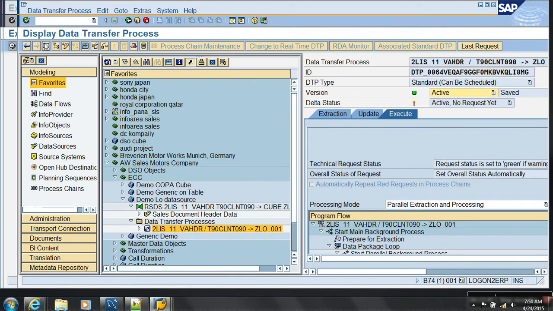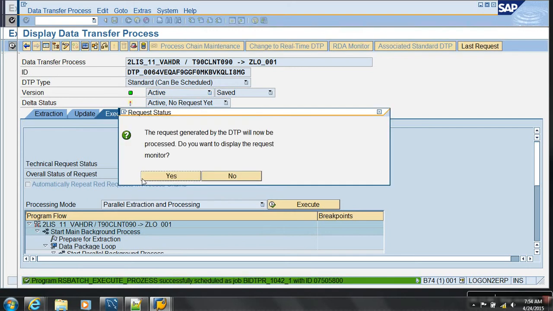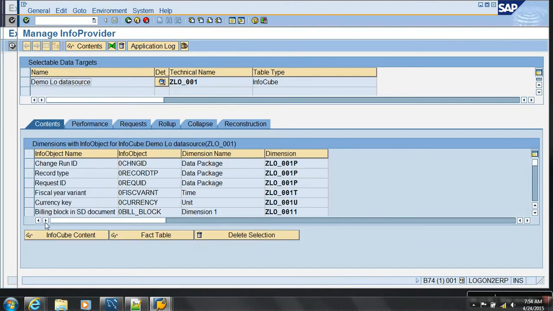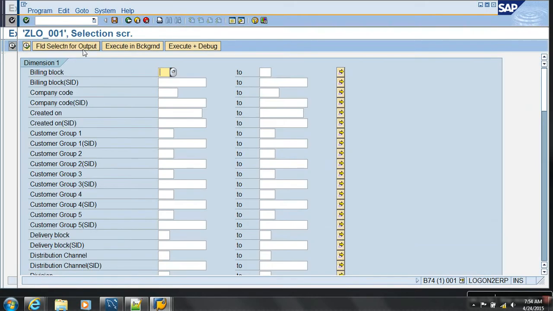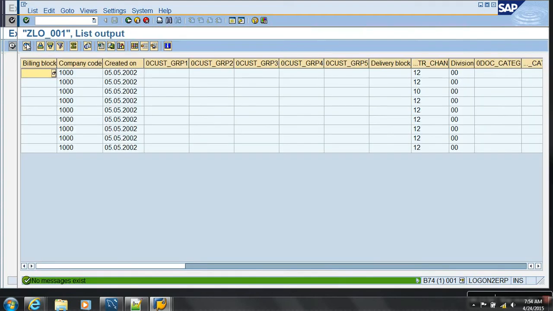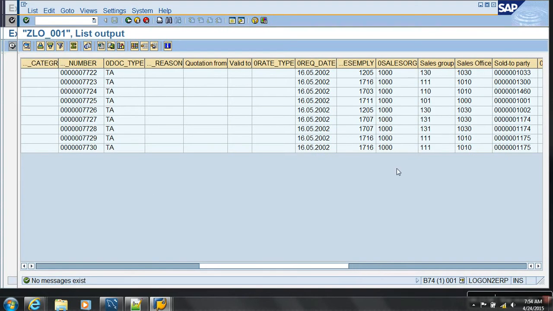Because my cube also should be loaded with only 9 records, right? Now let me see the cube content. Nine records.